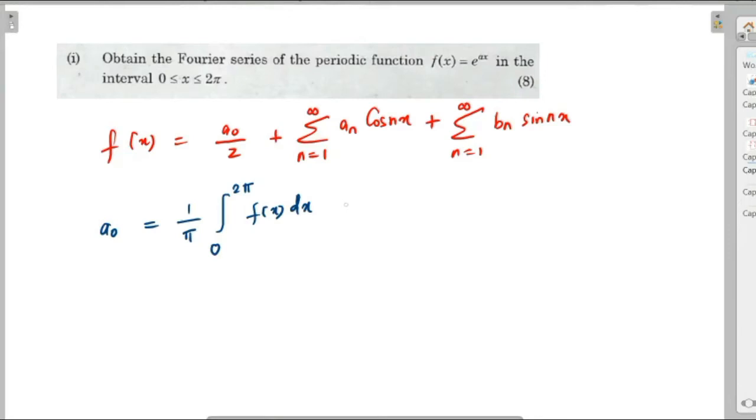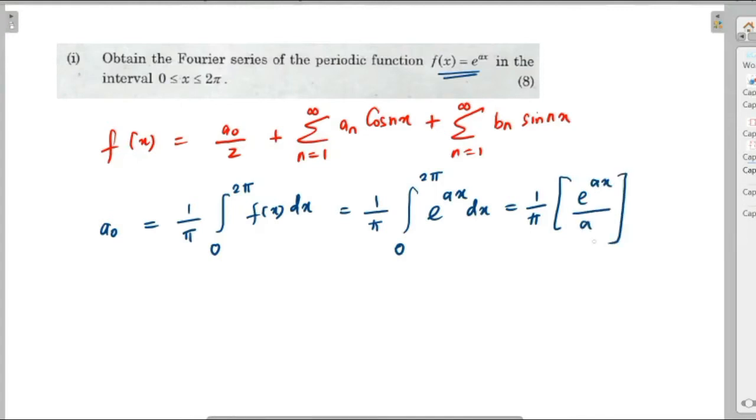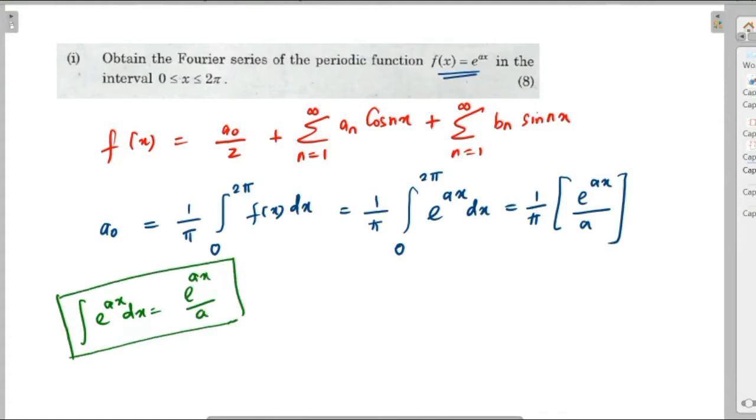Now I am going to substitute f of x is e power ax, 0 to 2 pi e power ax dx, equal to 1 by pi e power ax divided by a. The integration of e power ax dx equal to e power ax divided by a is the formula. I have used this formula here,